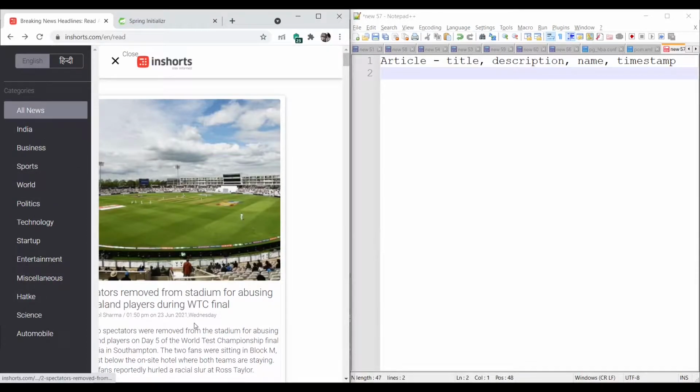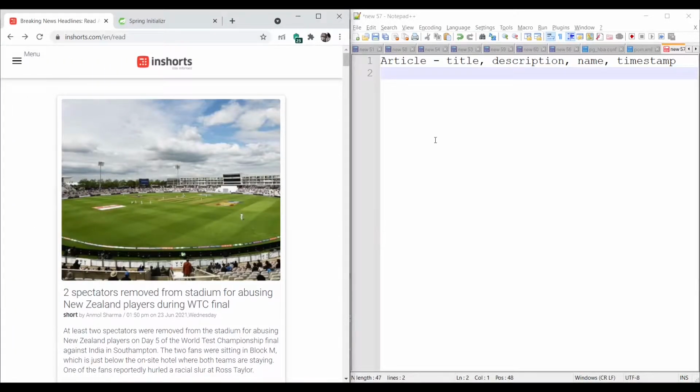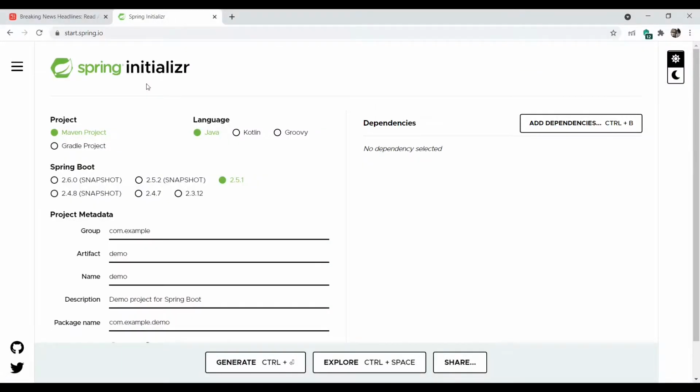Let's say this one article can have multiple categories. So it's a one-to-many relationship. That is, one article and many categories. But we'll look at categories and image later on, and we'll focus on the CRUD operations for these. So let's fill in the details for Spring Initializer.